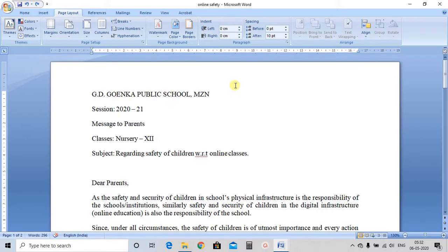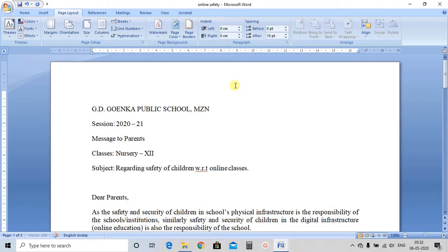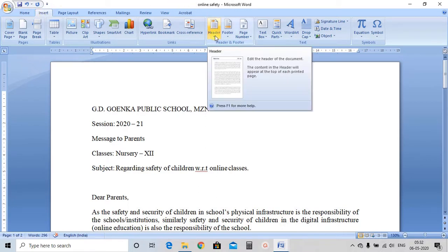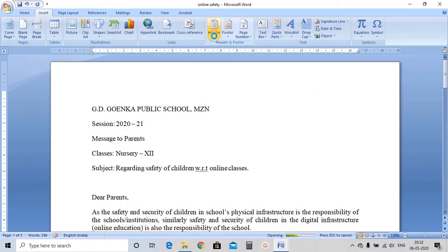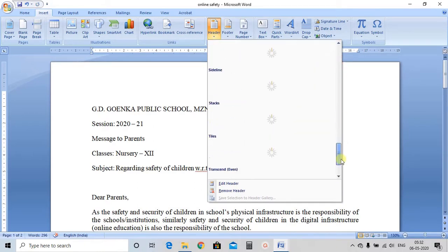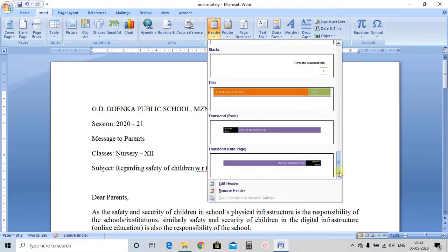Now we will look further at how to insert the header and footer part. So we'll go to the insert tab. In Microsoft Word, we'll go to the insert tab, then we'll select header. Now when we click on this header option, there are some inbuilt header styles given.